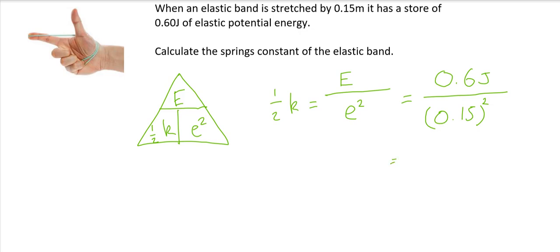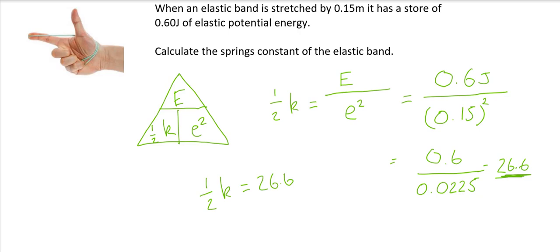So in my calculator, I'd want to do 0.15 squared first, which becomes 0.0225, and then 0.6 divided by 0.0225. Now, if I type this into my calculator, I get a number of 26.6. Now remember that this number is equivalent to half of k, but we want a value for just k on its own. So what we have to do is times this number by 2, which will give us 53.2